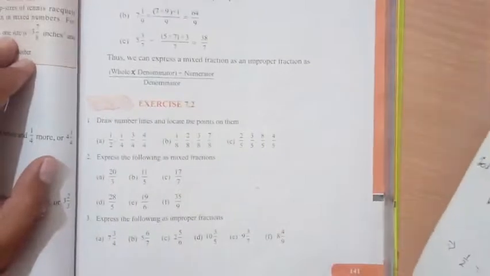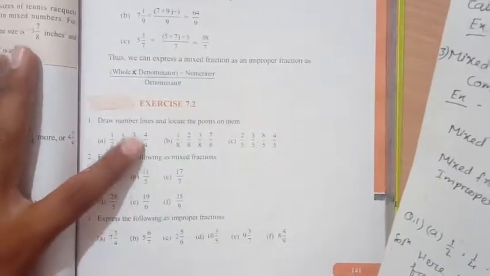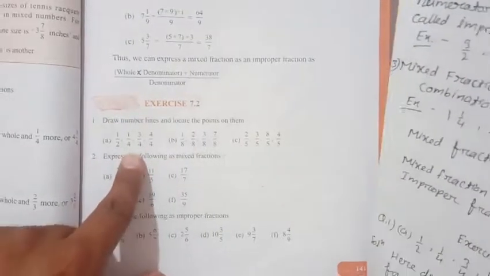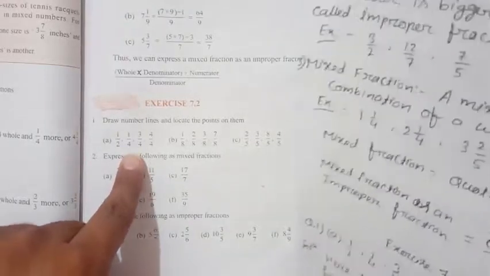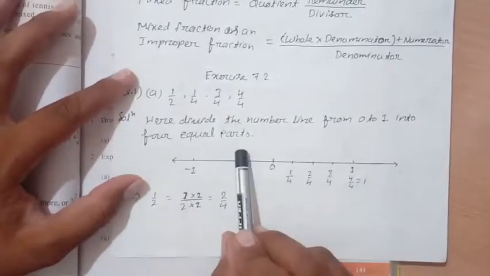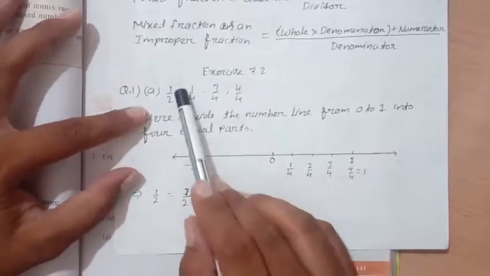First question: draw a number line and locate the points on it. These are question A: 1 by 2, 1 by 4, 3 by 4 and 4 by 4. See here, in all of these the denominator is 4. That means we have to divide the number line from 0 to 1 into 4 equal parts. Why? Because the denominator is 4, but here is 1 by 2, so we convert it into